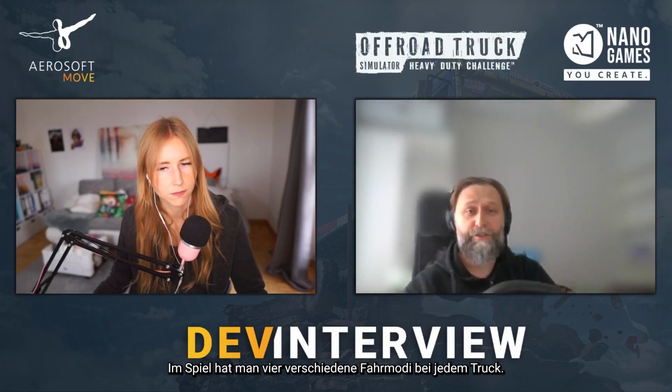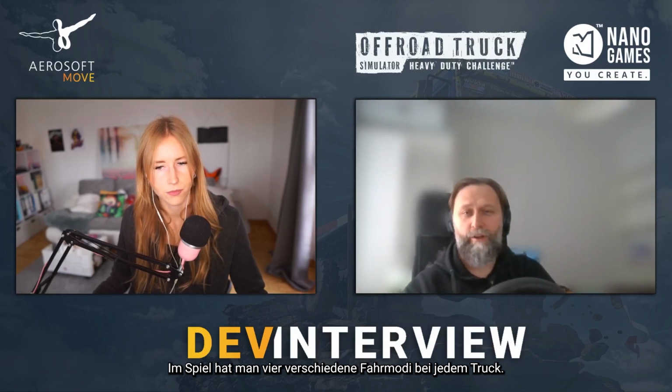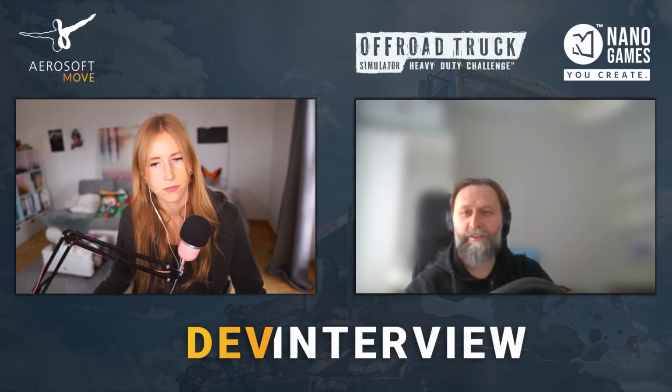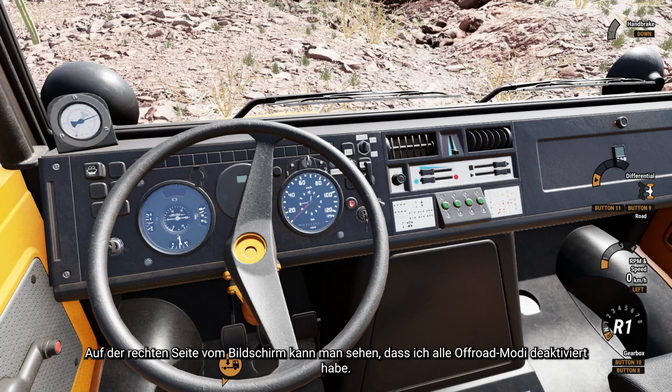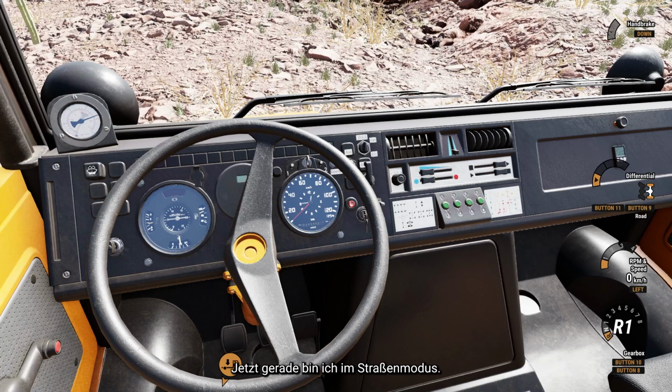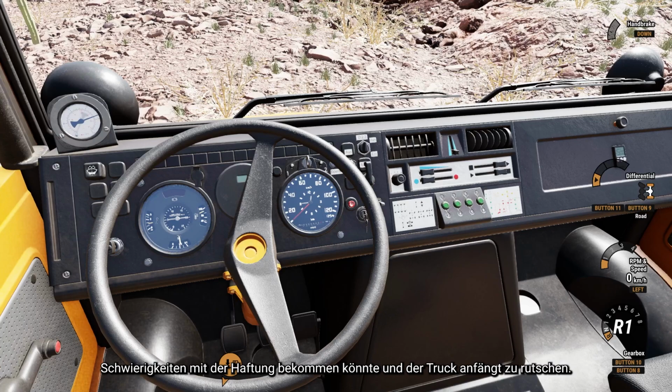The game features 4 modes for operating the truck. So let me perhaps show them off. Right now, on the right you can see on the HUD that I turned off any off-road modes. I'm now in the road mode. So this means that in the off-road, where it gets slippery or my wheels lose traction, I could